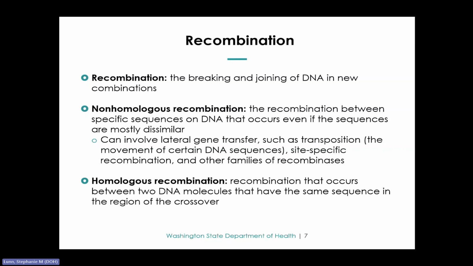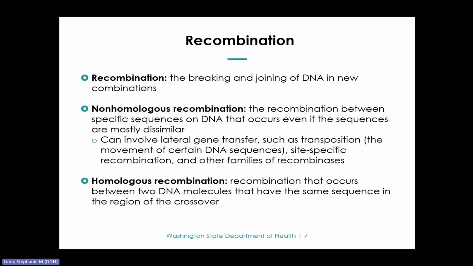And it also includes site-specific recombination, which is recombination that occurs between defined sequences in DNA or at specific sites. This is usually performed by proteins with this specific function, called site-specific recombinases. Recombinases in general are enzymes that specifically recognize two sequences in DNA and join the strands to cause a crossover